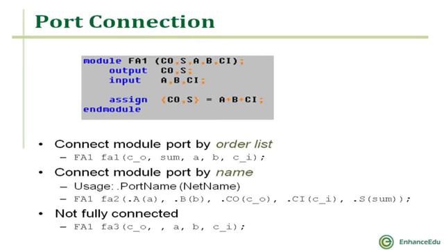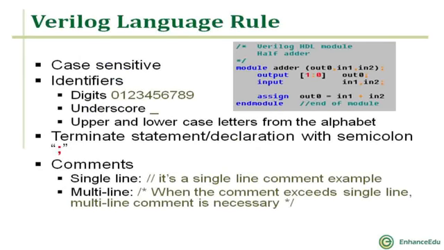So the next code is a full adder program where carry out and sum are the 2 outputs, and A, B and C_I are the inputs. We do the connections following a ripple carry adder and then check for correctness of the connections. Now, Verilog is a case sensitive language, which means that